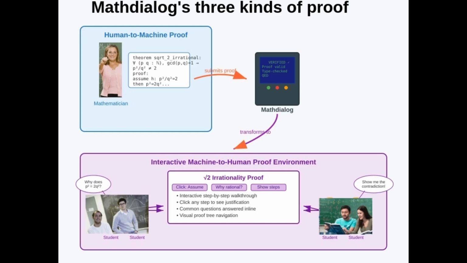Mathdialog, as an interactive theorem prover, is the tangible result of that idea. In Mathdialog's terminology, the proofs we communicate to it are called human-to-machine proofs. These proofs are saved in a formal structure that is neither natural nor pedagogical, making them difficult to understand. To address this problem, Mathdialog automatically transforms proofs from their formal structure to a form that has straightforward ways for